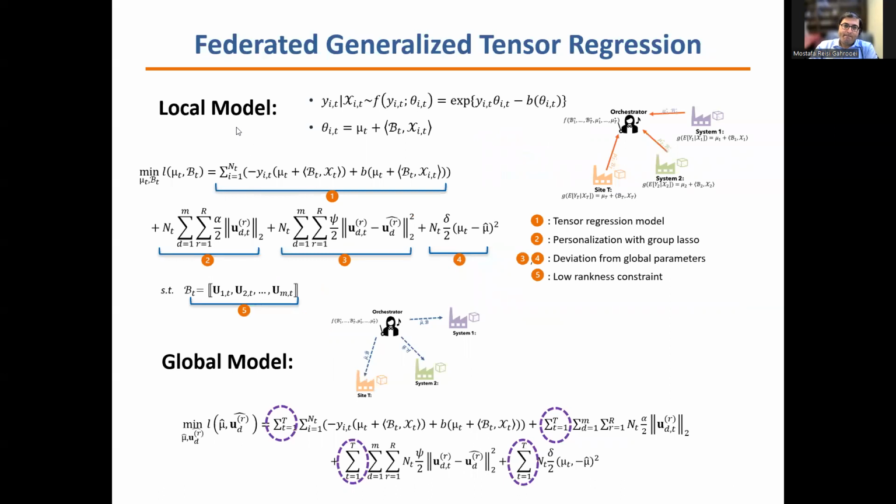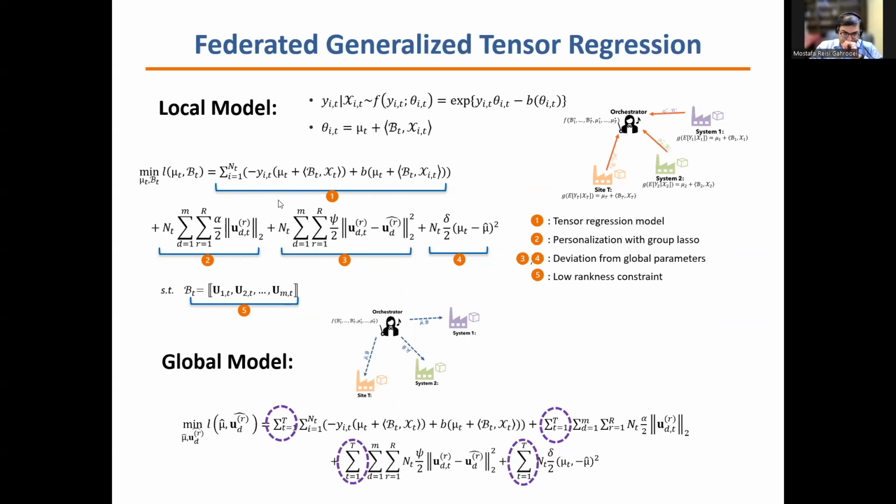Specifically, we're looking at models where y_t given x_t follows an exponential family distribution with canonical parameter theta, where this theta is linear. It follows a linear model. So each local system will need to estimate its own parameters by solving this optimization